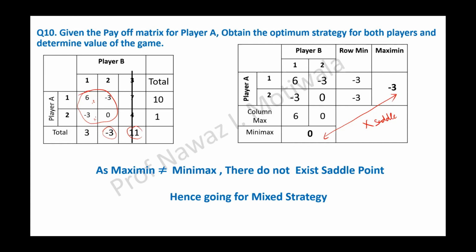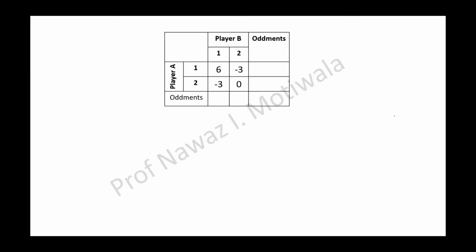Yes, there are two options. One is formula method, where you have to remember many formulas, for P1, for Q1, and for the value, at least 3 formulas. And the second option is the simple one, the augment method, wherein you don't have to remember any formula. So you are again free to go by any method. But as you know that augment method is simple, I am going by augment method. Okay. So for augment method, what we are doing? Find out augments. So I hope you remember this. How to find out augments?